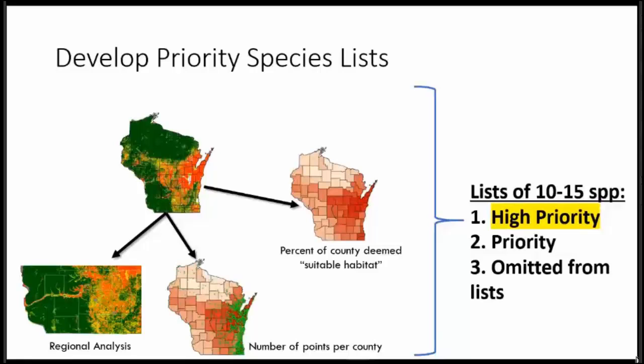And again, we're calling it a high priority species because we want to catch some of these species early on in that invasion curve because we have a much better chance at controlling or eradicating them. Or they were put into a lesser priority category. Maybe we found that there's a lot of suitable habitat in the county, but it's been better surveyed than the